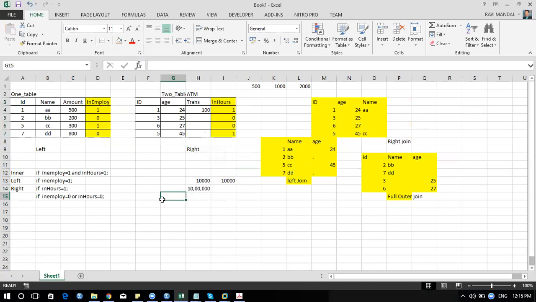Correct? You have two tables. One table consists of your ID, name, and amount. Let's say this is your one table, which is nothing but the time when you are opening an account. So you opened an account like this, correct? They provided you an ATM card, correct?